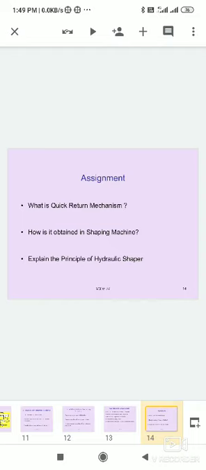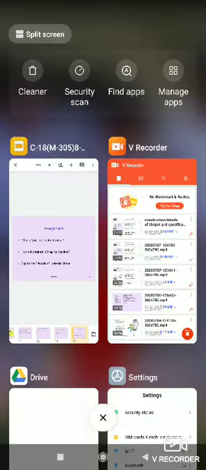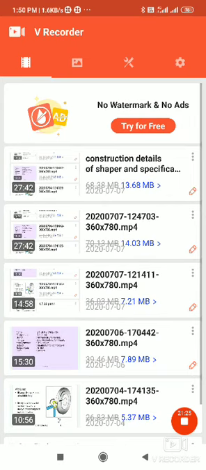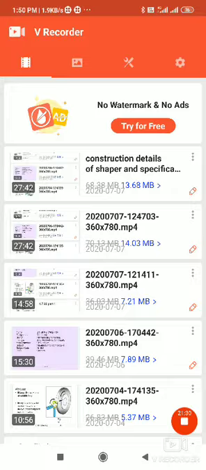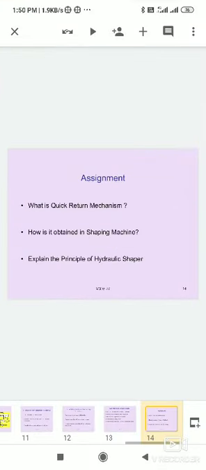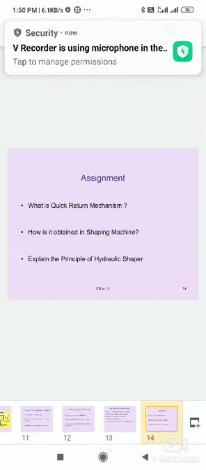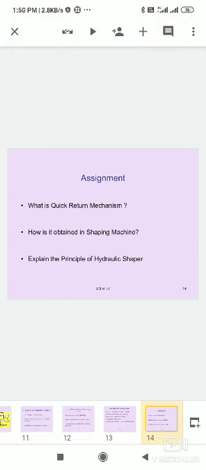This type of question is asked in the board exams. And sometimes they ask only to draw a neat sketch of the hydraulic shaper drive mechanism, the hydraulic drive. This type of question is asked at different times. And it is compulsory to draw neat sketches of the hydraulic